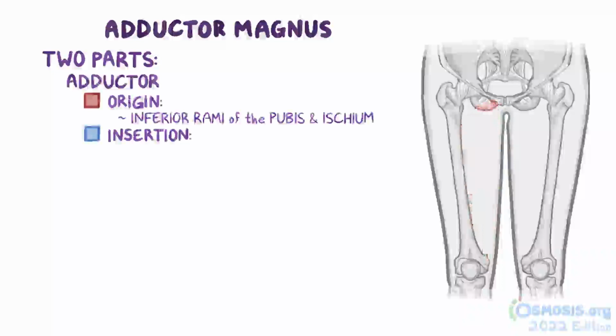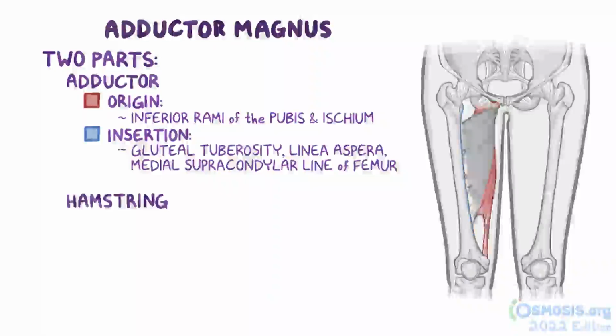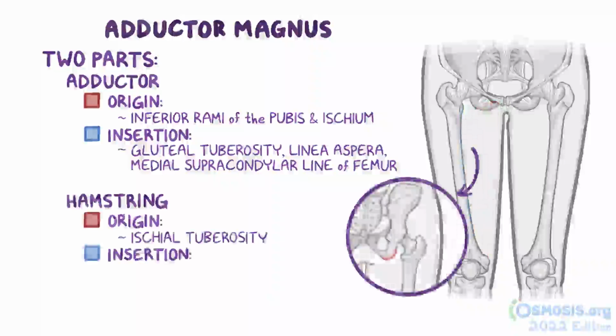And then it fans out widely for an aponeurotic attachment to the gluteal tuberosity, entire length of linea aspera, and medial supracondylar line of the femur. The inferior segment is called the hamstring part, and it originates on the ischial tuberosity and attaches to the adductor